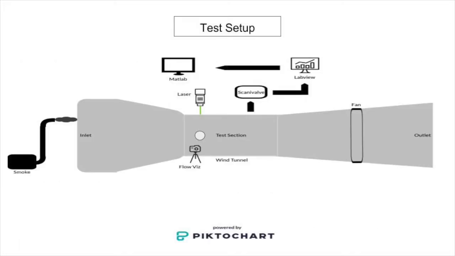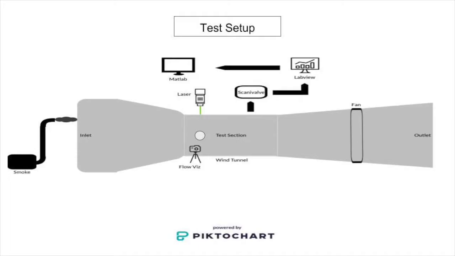So this is the schematic of the test setup for the lab. As you can see, we have the wind tunnel in which wind is entering through the inlet and exiting via the outlet. The cylinder is attached horizontally inside the test section and extends from wall to wall. With the setup, we also have a smoke machine which blows smoke into the inlet in order to make flow over the cylinder visible. There's also a laser shining down on the cylinder from the top of the wind tunnel